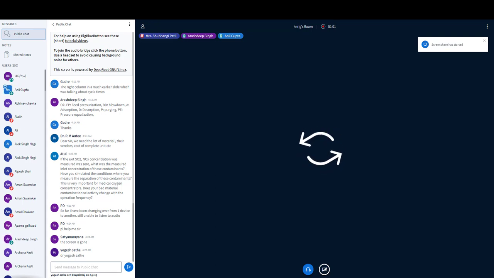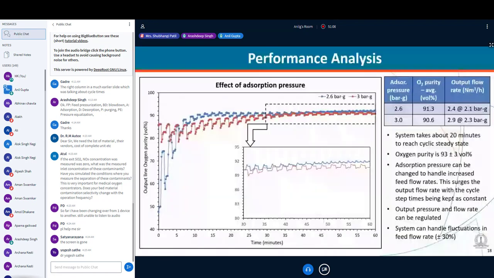So I was talking about the input parameters that you have to control. The first of the input parameters is absorption pressure. It is very important at what pressure you carry out your separation, because the zeolites are really specific to the working conditions. If you increase your pressure, your separation is going to be better, as you can see in the adsorption isotherms also.